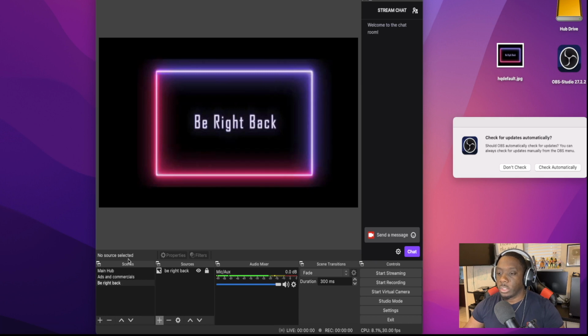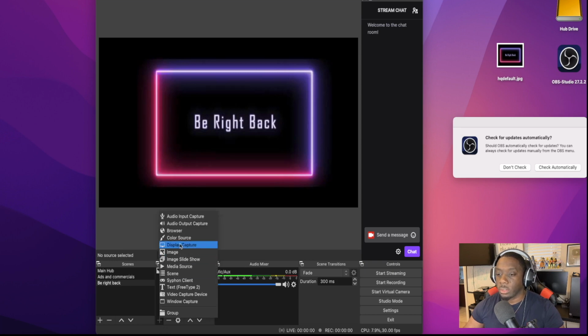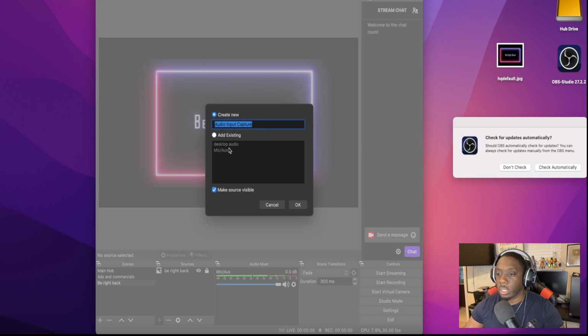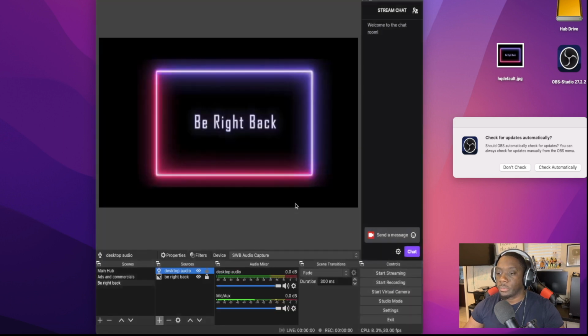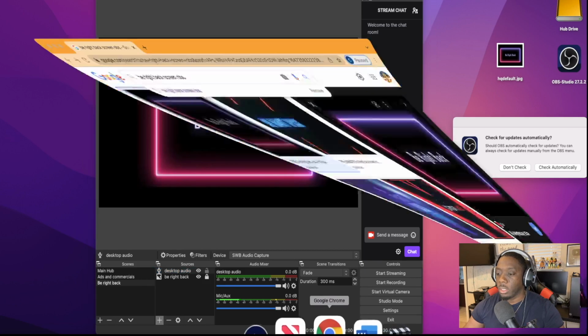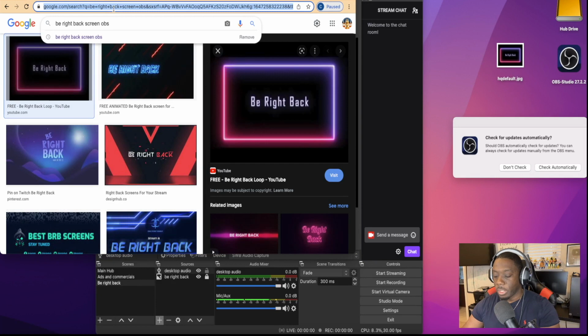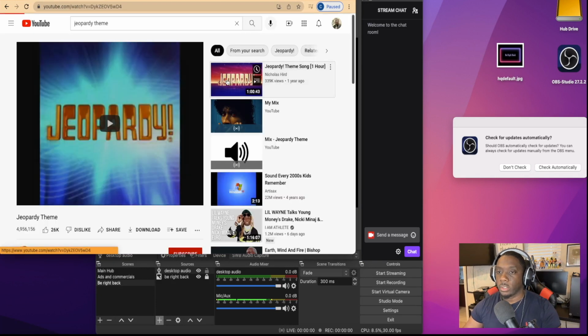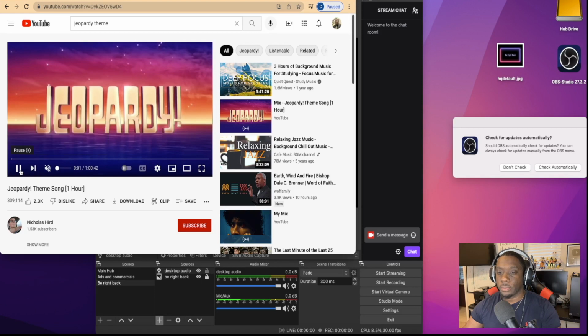Now, if you want this to be set and you want your music to run, then you add your input audio source again, and we're just gonna do existing desktop audio. Now, if you want to have some type of music theme going, here's an even better one.